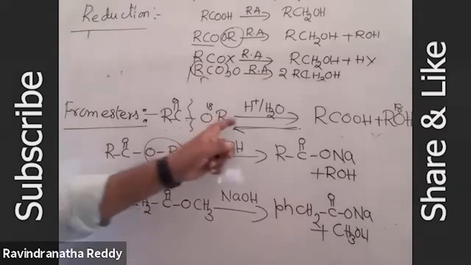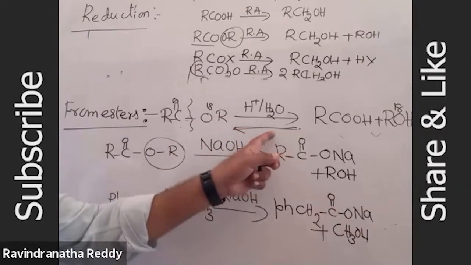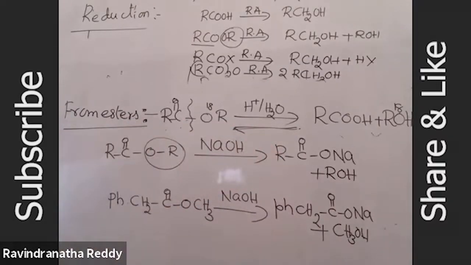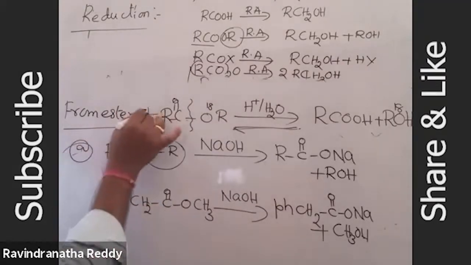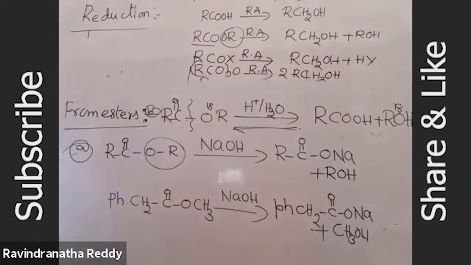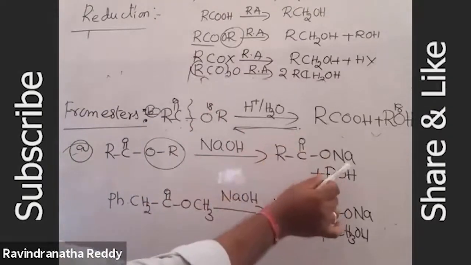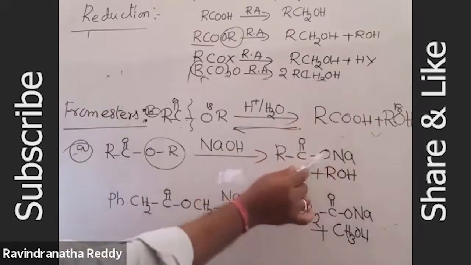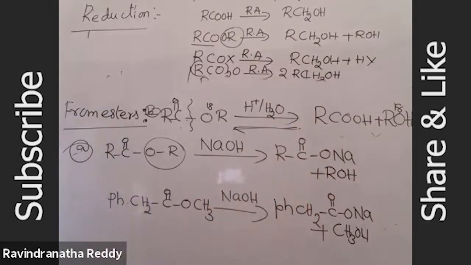So this is a reversible reaction. Wherever acid concentration is more, when concentrated acid is used, the backward reaction, ester formation, takes place. So ester hydrolysis has two types: basic hydrolysis and acidic hydrolysis. In both conditions the products are alcohol and carboxylic acid. In basic hydrolysis, you are getting the salt of carboxylic acid. Clear? So this is the preparation from esters.